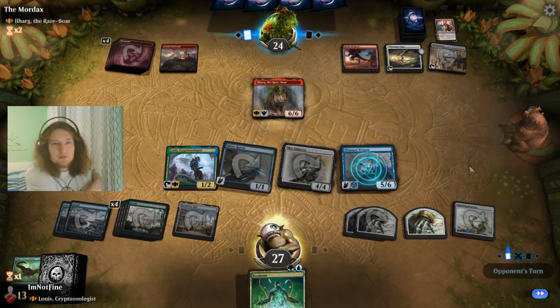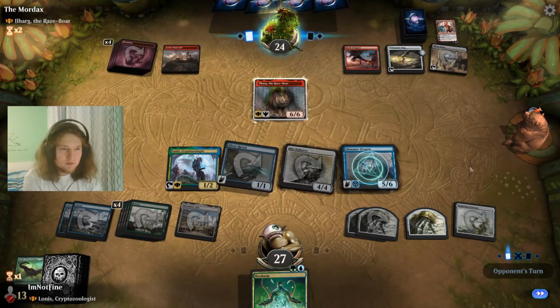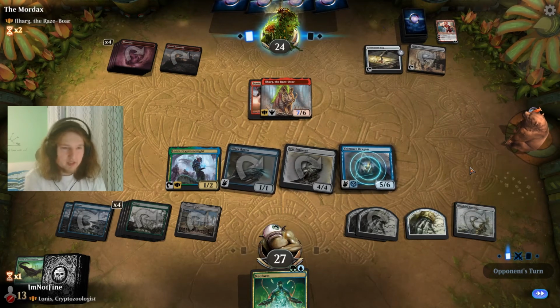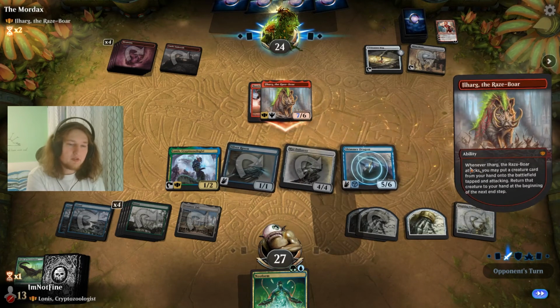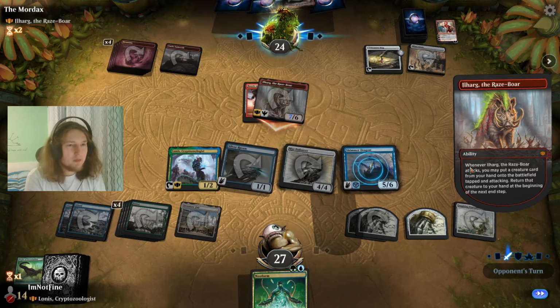Ilhark? Sure. Give it haste. What are you putting into play? I don't think there is a single creature that can put into play that kills me instantly here. Particularly with my Shimmer Dragon as a blocker. But Double Strike would come close, but...